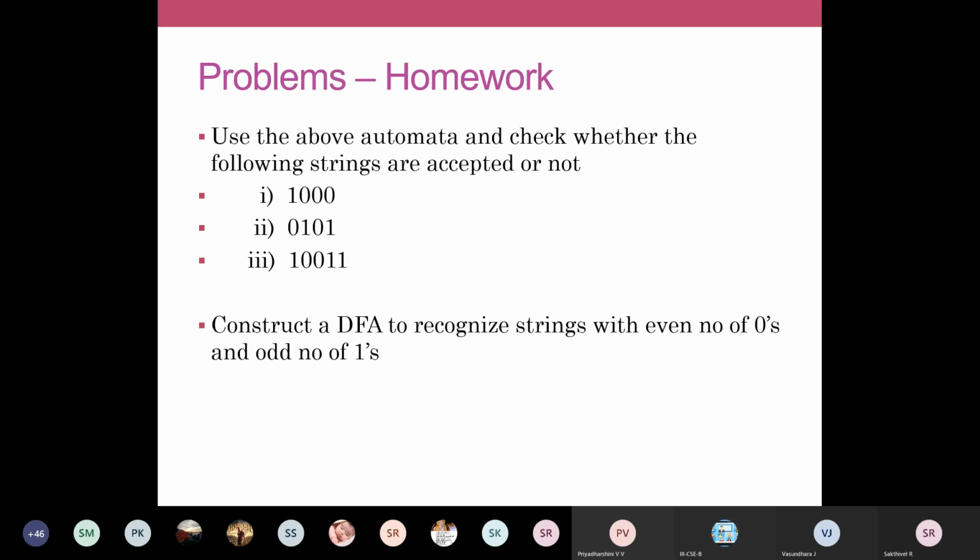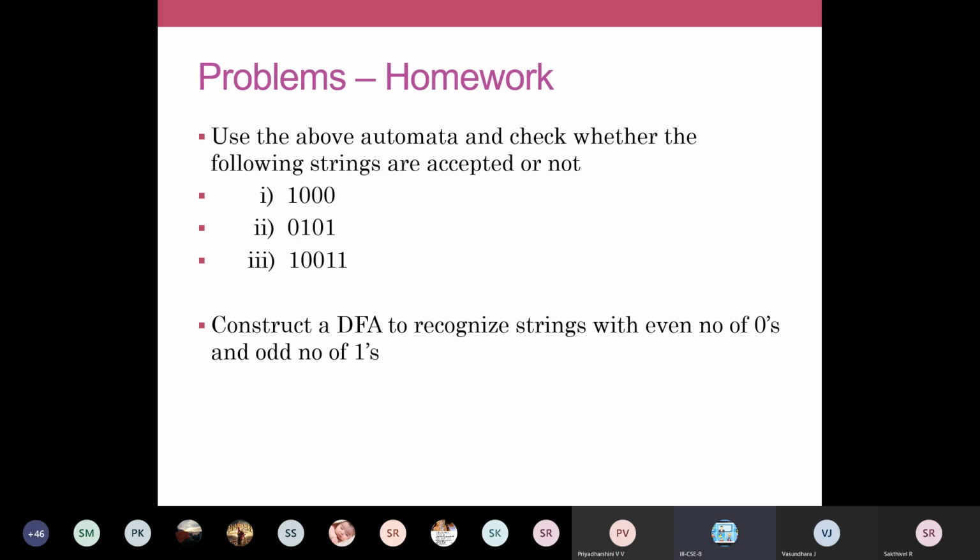And this one: consider a DFA to recognize strings with an even number of zeros and an odd number of ones. This one also you take down. For these 2 problems, you try to draw the diagram and take this as a homework problem and complete. Tomorrow also I'll give you some problems as homework. So put together, you can upload as an assignment this week.